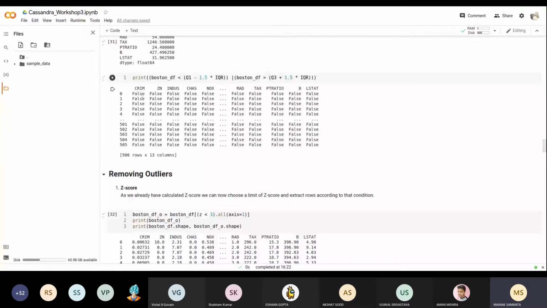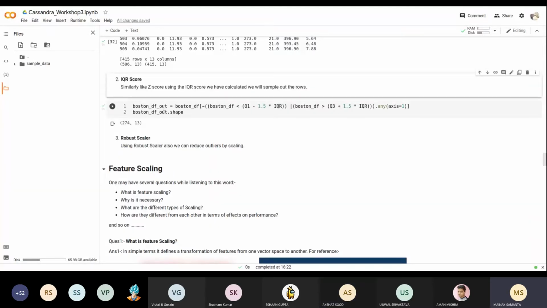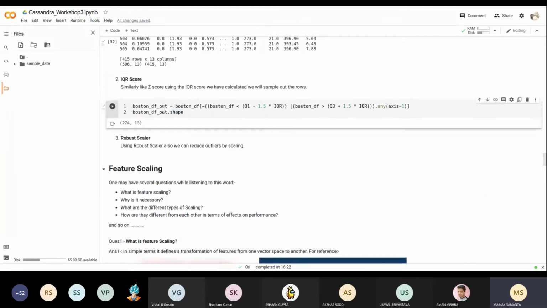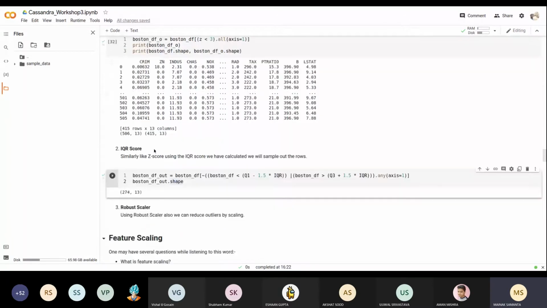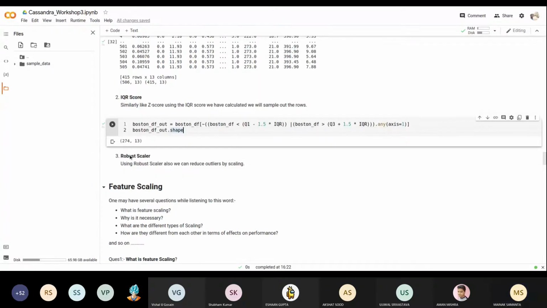So here we have sampled out the rows using that condition, and see here the new dataset shape is 274, 13. Now there is another thing you need to notice. The total dataset shape is 506, and when you remove the outliers using IQR, it has become 274.